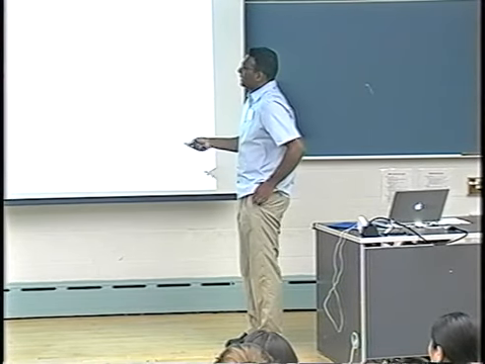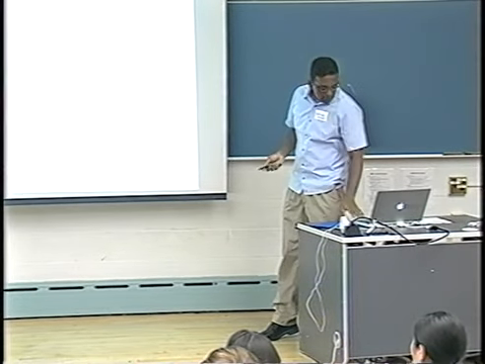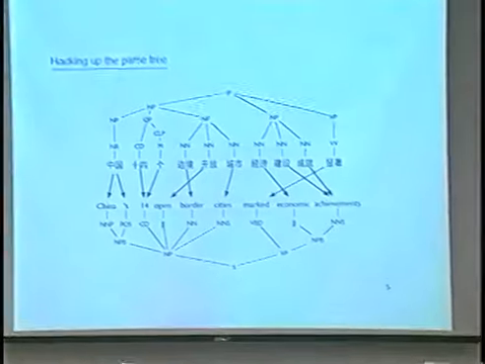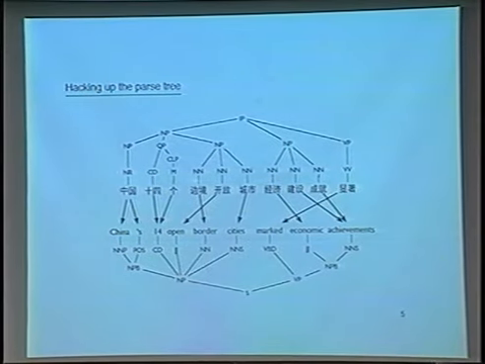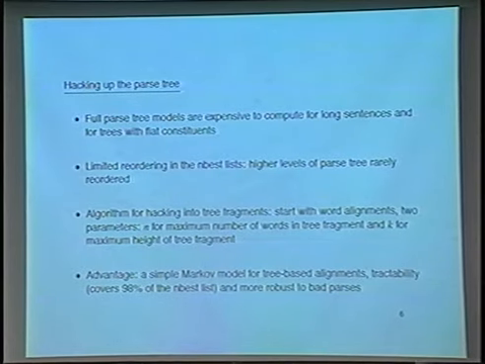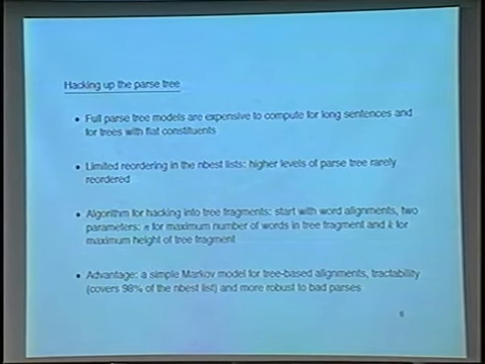So what's the advantage of this algorithm? Well, what you now have is actually a full parse alignment model, but on these sort of little parse trees, and then you can just combine the score as a simple Markov model. The advantages are tractability, so it actually enables some of these more complex models to cover 98% of the embeddedness. And it's also more robust to bad parses, so certain fragments might be worse than others. This lets you get around this problem.